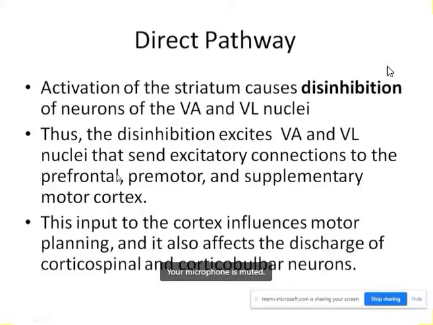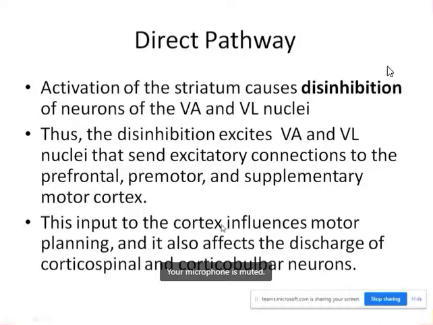This is the thing that you should be knowing, and ultimately from the premotor area and prefrontal cortex, the information will go to the primary motor cortex, and that will give the information to the corticospinal tract or corticobulbar nucleus, and depending upon that the voluntary movement will occur. So the main thing is that they are involved in the planning of the motor activity.